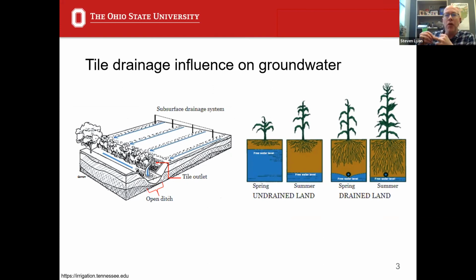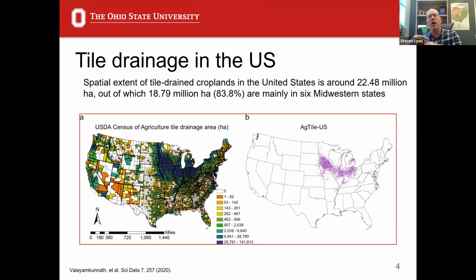It helps farmers be able to get out there with heavy machinery, so tractors and whatnot, as they need to plant and harvest and work with their fields. So those are the motivations for why folks use tile drainage. And it's become a ubiquitous, big part of agriculture, especially across the Midwest. Some recent work showing the extent of it here on these two graphics of the lower 48 states.